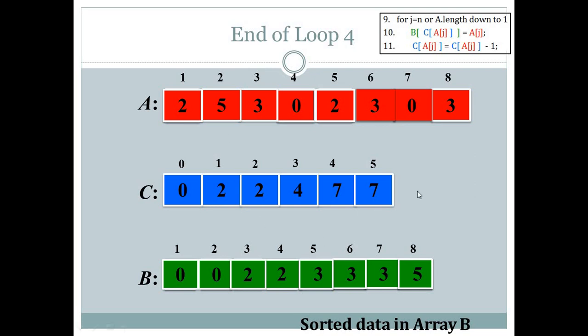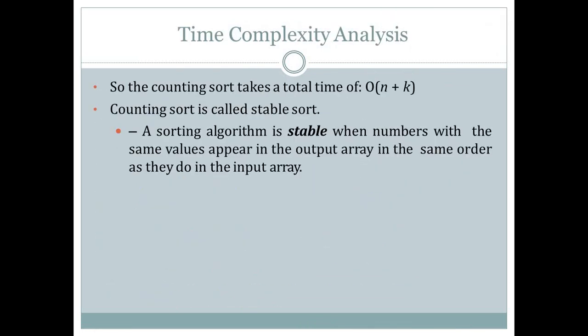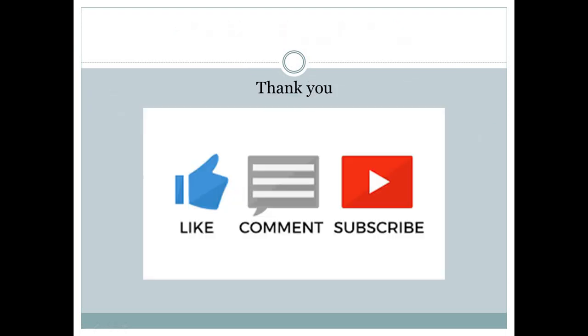If we sort this array, this 3 will be here, after that this 3 here, and after that this 3 here. So this is the resultant array and all the values will appear in their original order only. So it will be known as stable. Okay. So this is it for this algorithm.